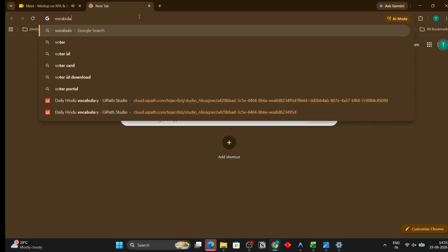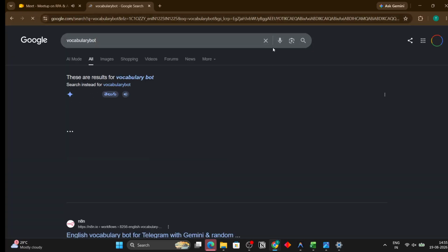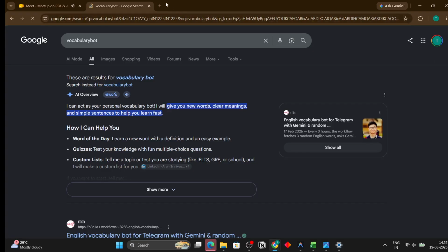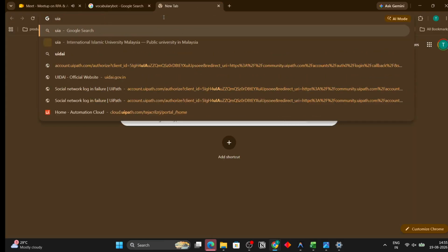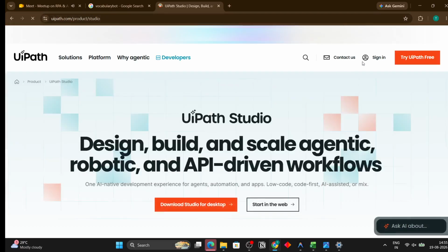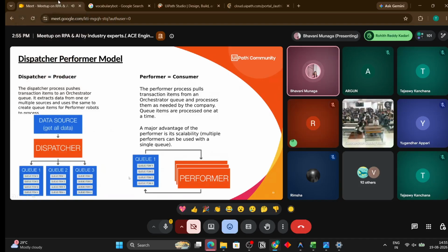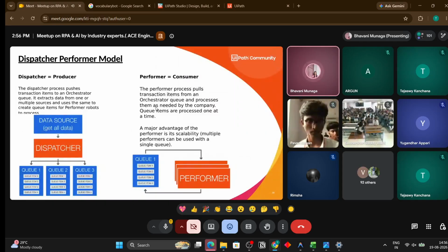And the REFramework, we have seen what the REFramework is, its architecture, and its features. And as I said, we have a dispatcher-performer model. When you are dealing with a very complex automation process, you can divide your process into a dispatcher and a performer. The dispatcher will collect the data and update the queue. Once the queue is updated, the performer bot will be triggered. It will read the data from the queue and then process it. So you are basically dividing the process into two types, dispatcher and performer, so that you can handle the large and complex data, and you can easily handle the exceptions as well.